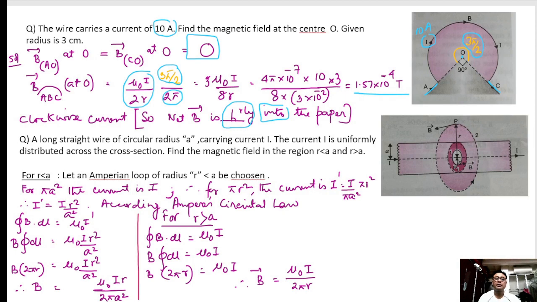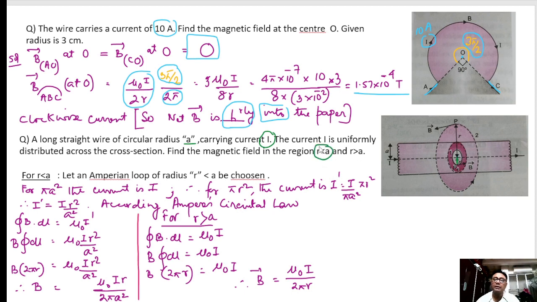So as you can see here, this is a long straight wire of radius a carrying current I. The current I is uniformly distributed. Okay, so watch here please. You have to find what is the magnetic field inside the wire at a distance of r, which is less